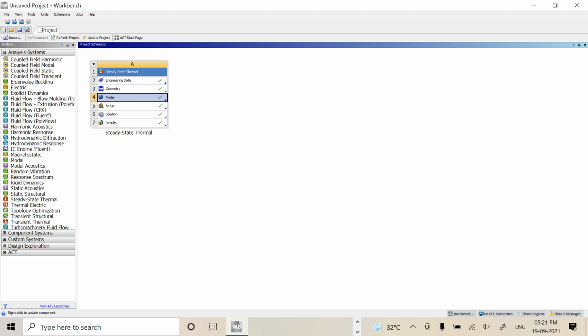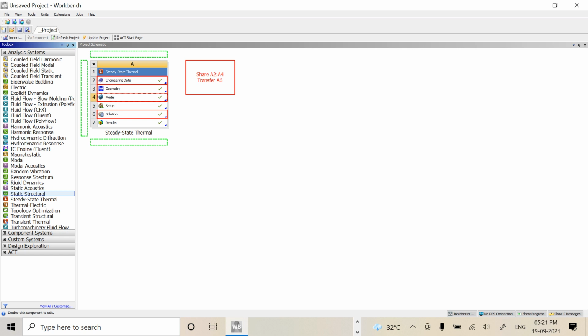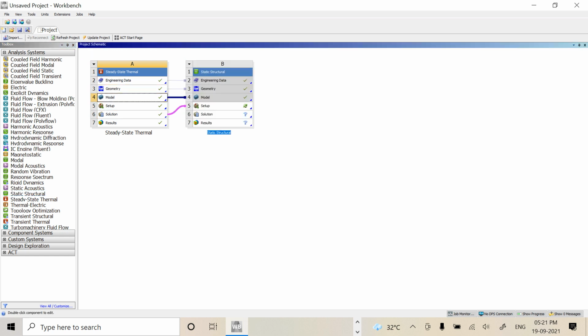Next we are going to do a static structural analysis also. Here we are clicking it and leaving it in the solution. So here you can see a solution, everything has been transferred. The engineering data has been transferred, the geometry has been transferred, the model has been transferred, and the solution has been given to the setup. So here we are going to double click on the setup.